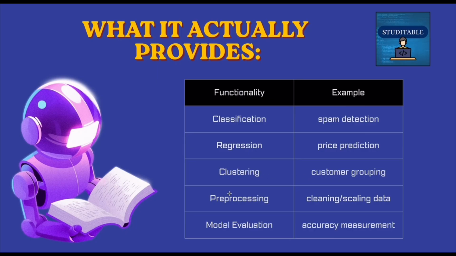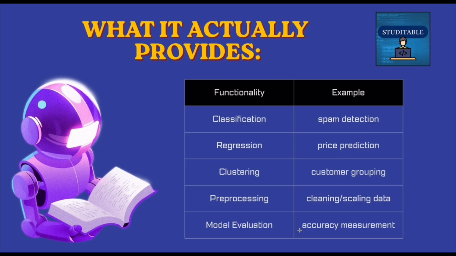So this is clustering. Then there is pre-processing, in which we clean and scale our data, which means whatever data we get, it's not necessarily clean. It can have missing values, duplicate values, or even gibberish values. So we have to clean and prepare the data for scaling so that it can provide us the correct prediction, to encode or to handle the missing values. We use pre-processing for that.